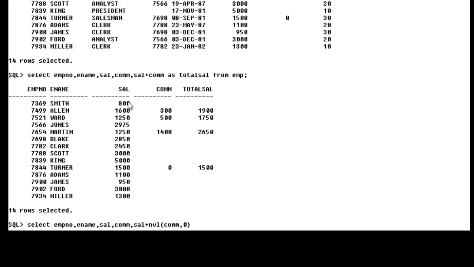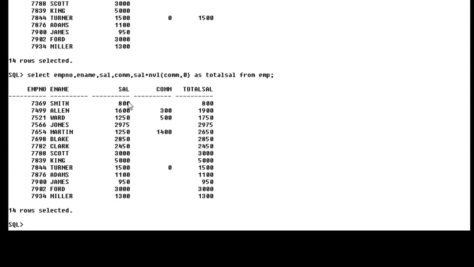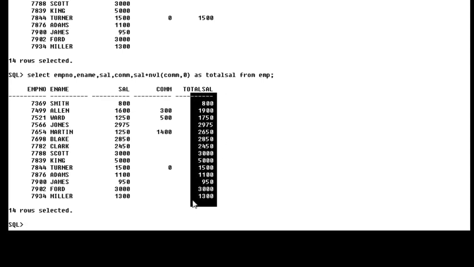So look here, total sal from emp. Now it's perfect. Here, if there is a null value at calculation time, the NVL function replaces the null value with 0, meaning 800 plus 0 is equal to 800, and this is the actual salary for all employees.